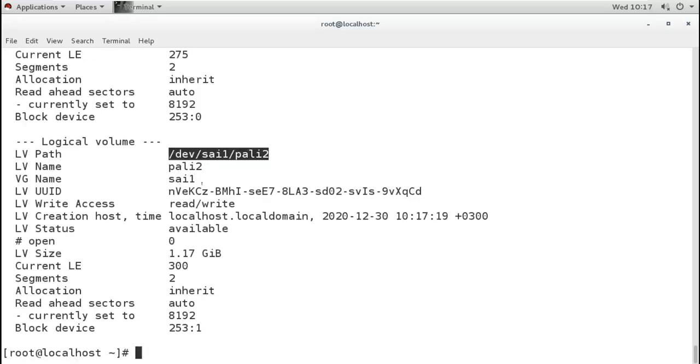So this is our LV which is Pali 2, and this is a size of 1.2, actually it is 1200 MB, and I want to increase it to, let's say, 1.8 GB, let's say 800 MB. So I want to increase it by 800 MB. I want to extend it.